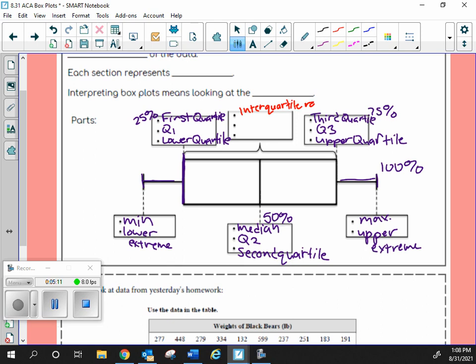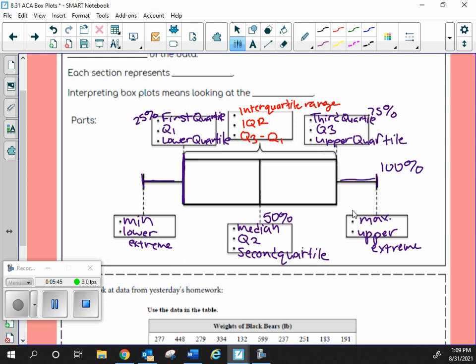Interquartile range. What was the letters that we used instead? IQR, because we human beings don't want to write out that whole word. That is very fine. Again, that is the range of our numbers from the interquartile. That's where the meat of our data is. Remember, it's where you take out the shorties and the really tall people. It's where the average is. So that's going to be Q3 minus Q1. Woo! Doing good.